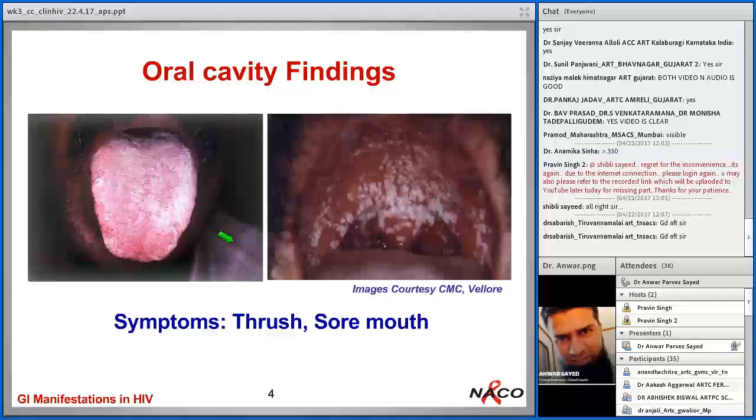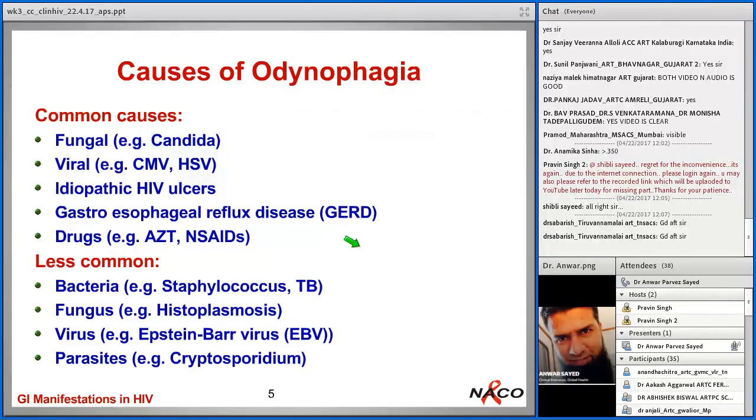IRIS we already saw in the last class, so we will not be touching upon it. The other OIs are like oral candidiasis. You can clearly see this. There is involvement of the soft palate also, so it may be esophageal candidiasis as well. So if you have odynophagia, that is painful deglutition or pain while swallowing, the most common causes in PLHIV are fungal, for example, candida. But if suppose you